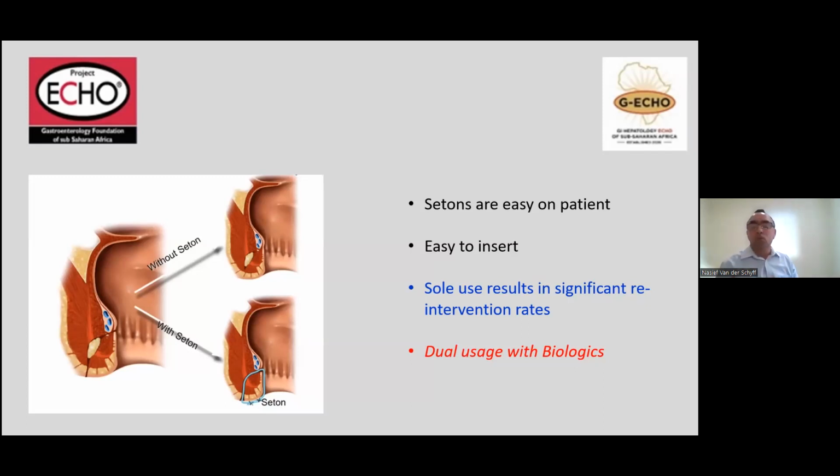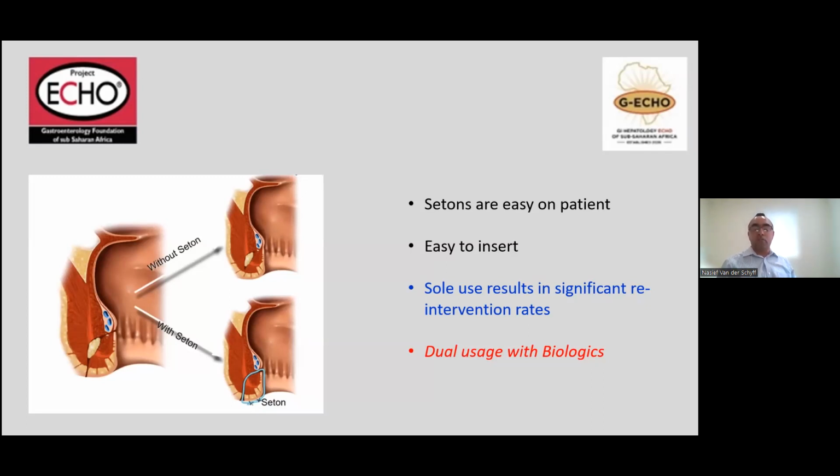Setons should not be used in isolation, right? If you only use setons and give antibiotics and do nothing else, there's a significant risk of reintervention, with sepsis coming back and patients not being properly managed. So setons cannot be used in isolation. Importantly, setons should be seen in terms of dual usage with medical therapy, and what that means is